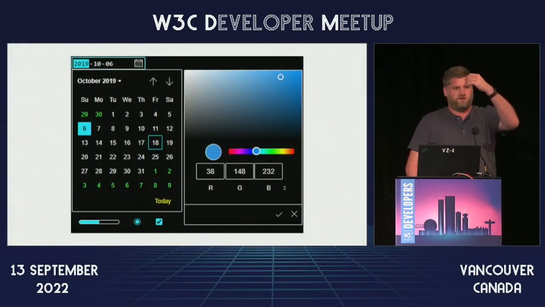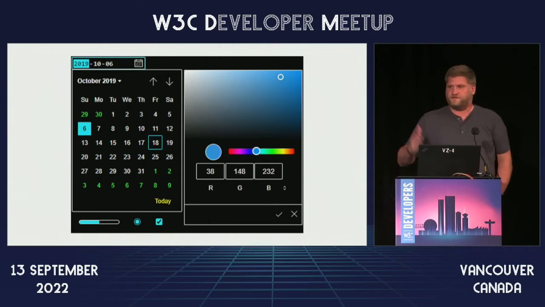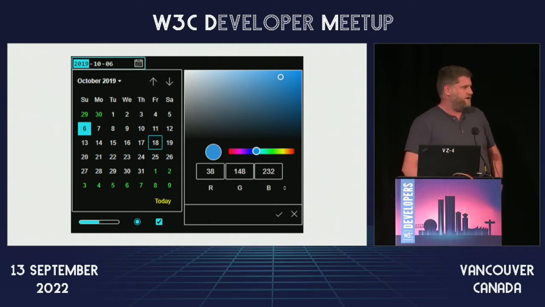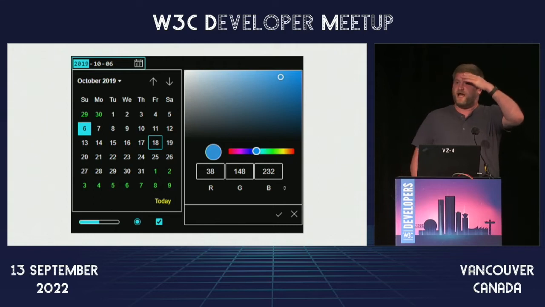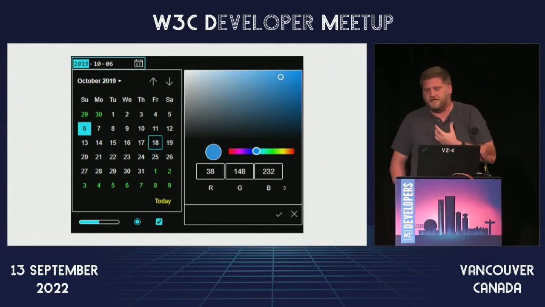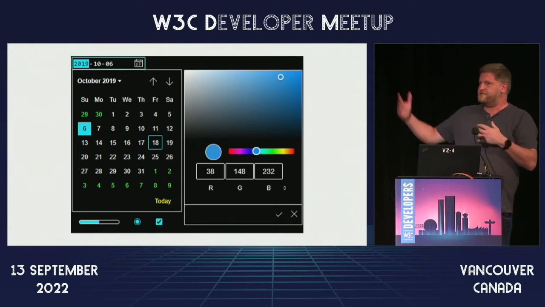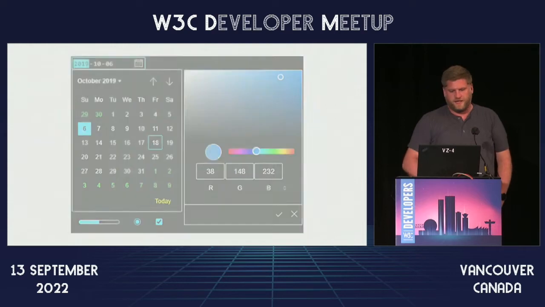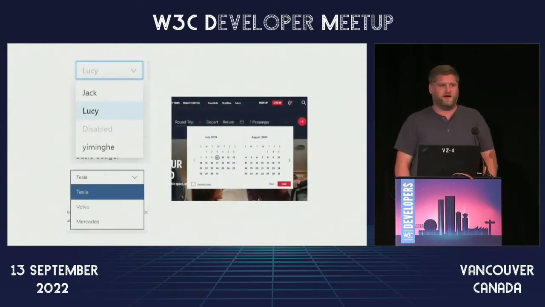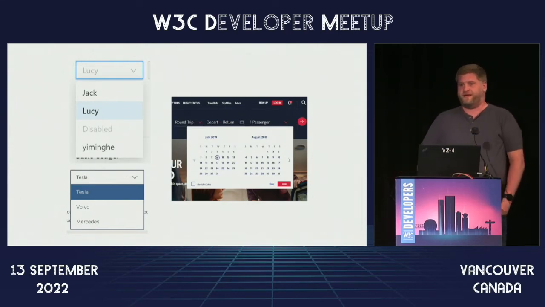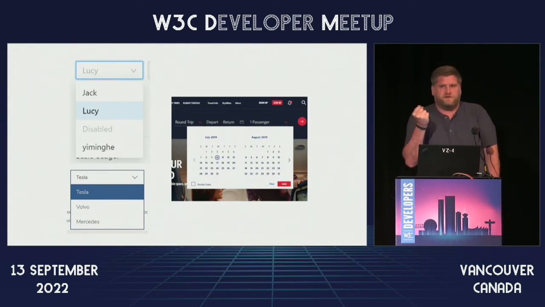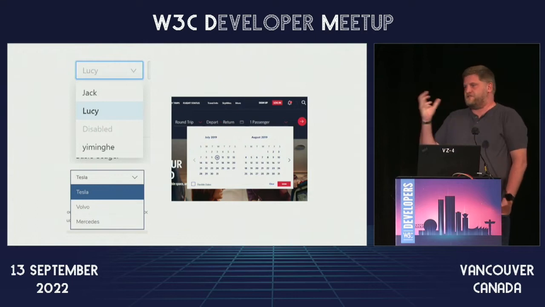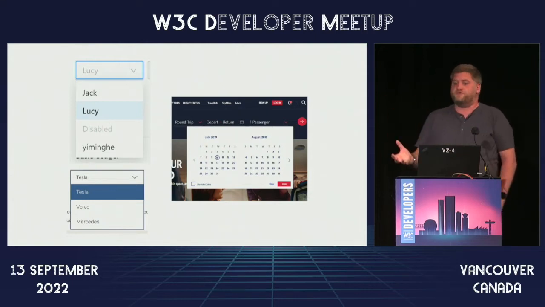When Edge was moving over to Chromium a few years back, maybe you've heard of that, we started realizing that some of the components within Chromium at the time just weren't up to our desired standards, primarily being accessibility. In this scenario, you're seeing them in high contrast. At the time, the Chromium controls weren't working in high contrast. However, if you browse the web at all, you'll quickly notice that a lot of the native controls and components aren't leveraged anywhere in a lot of scenarios. The reason for this is that you're basically locked down tight. That's the key reason: there's some functionality or styling capability that you're restricted by.